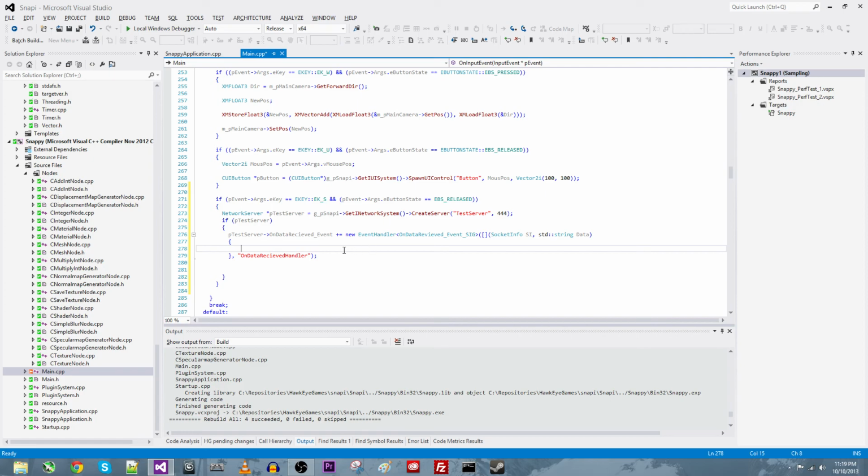Well, what are we going to do? The client should be sending a string of text, and we're going to take that text and create a text box. So here's what we're going to do. We're going to create the UI control, P text box equals G underscore P Snappy get UI system, and we're going to